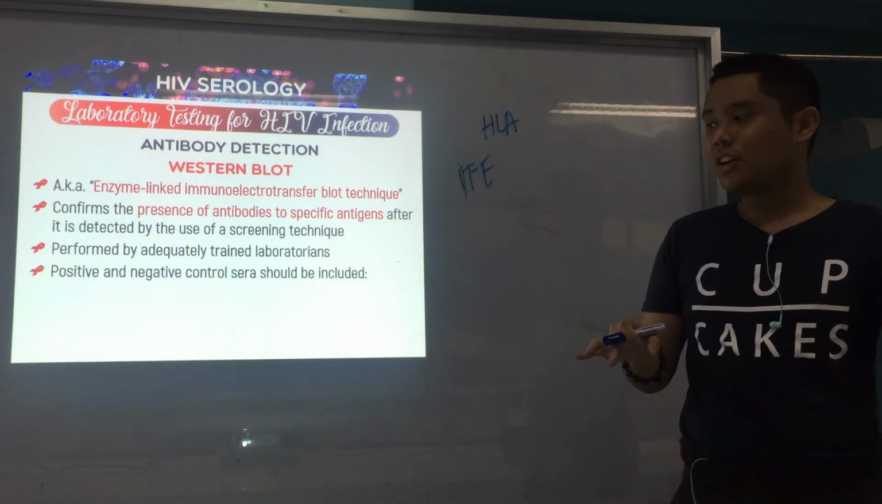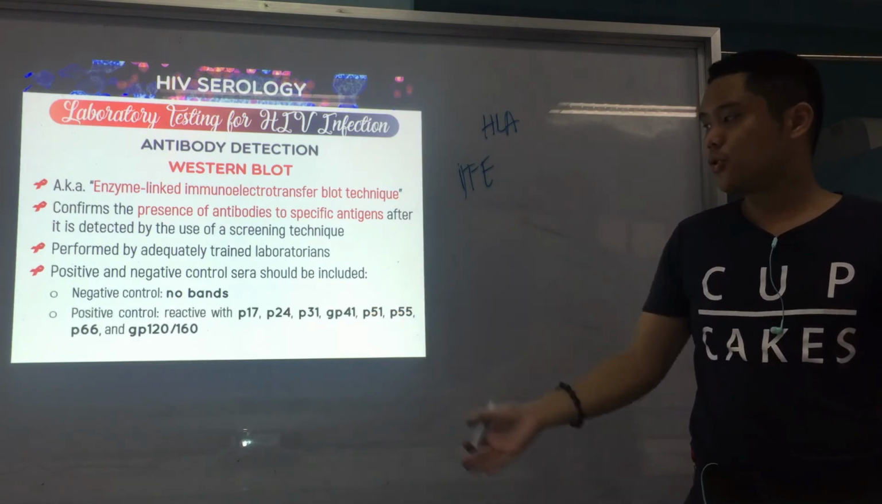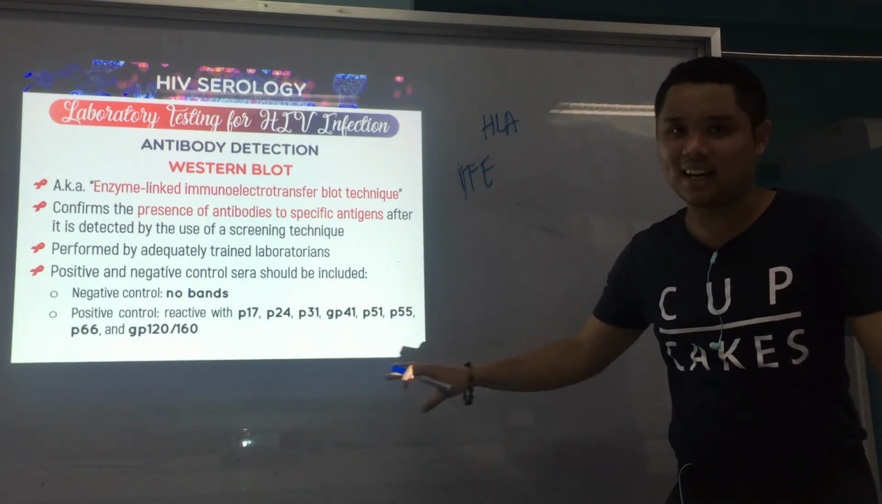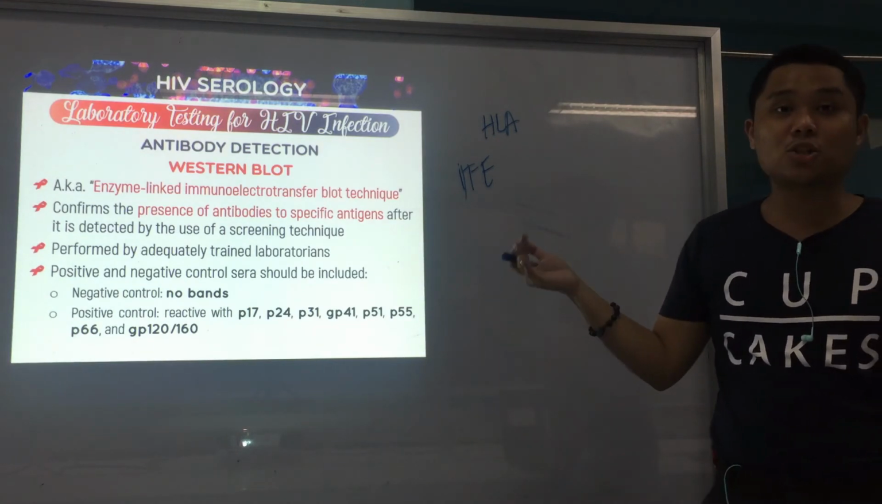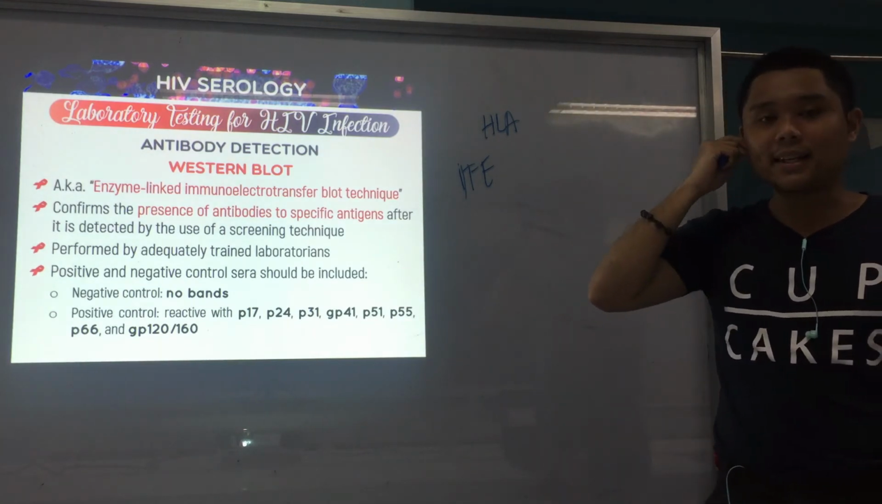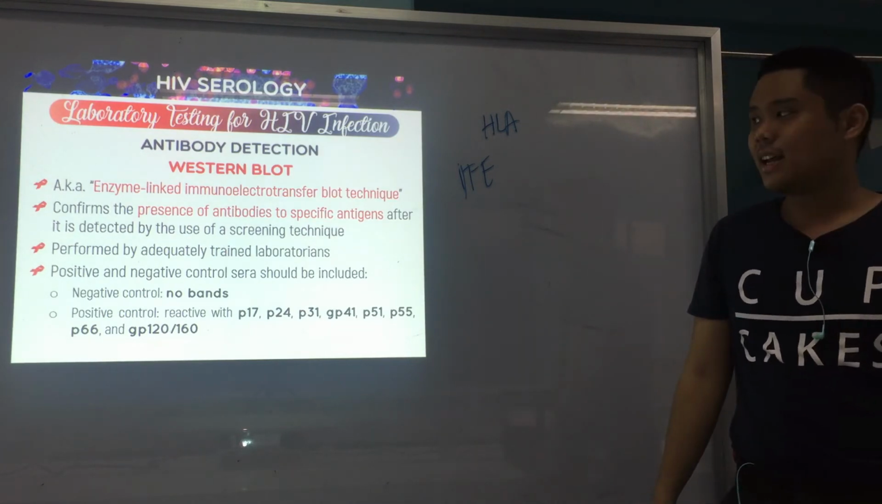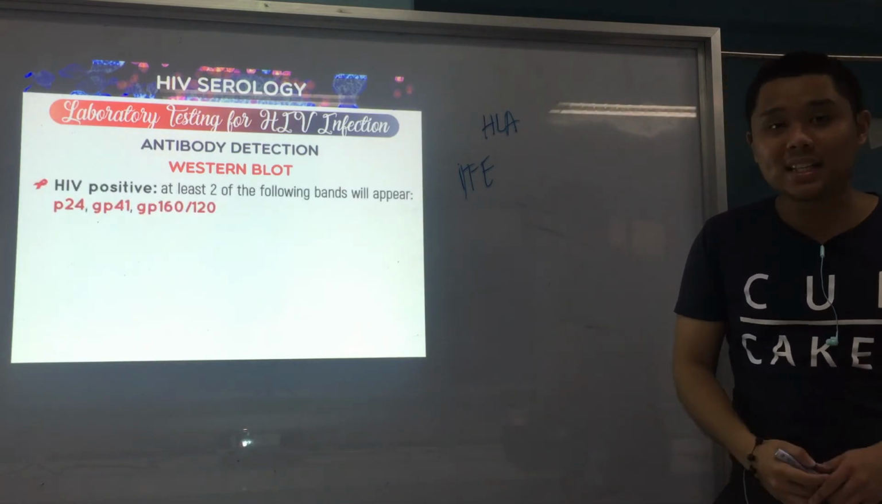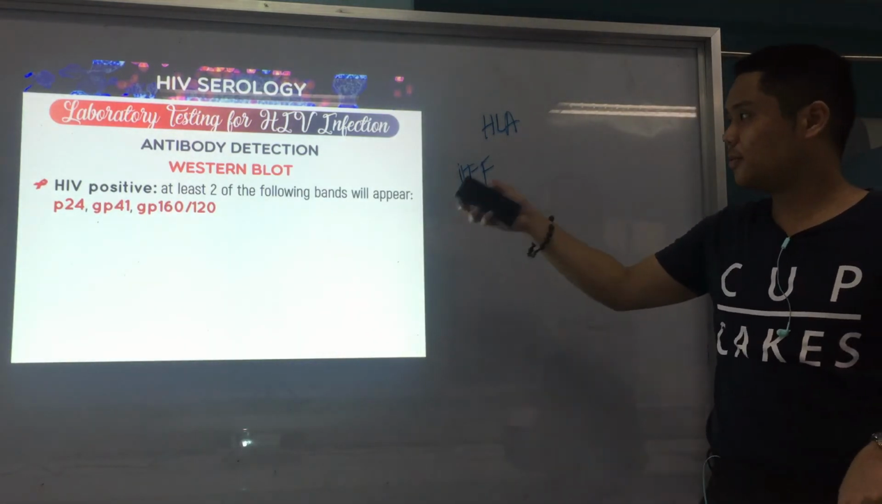Positive and negative control sera should also be included. By the name itself, negative control, no bands, and positive control, reactive with these protein antigens. As you can see, mga structural proteins pa rin, or mga proteins found in the HIV. Now, for HIV positive, you're considered HIV positive in Western blot if at least two